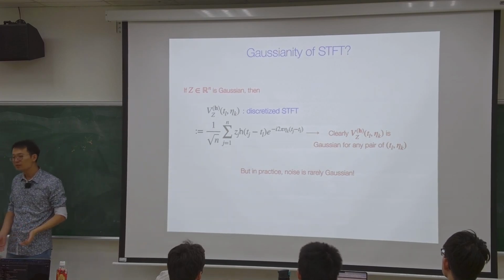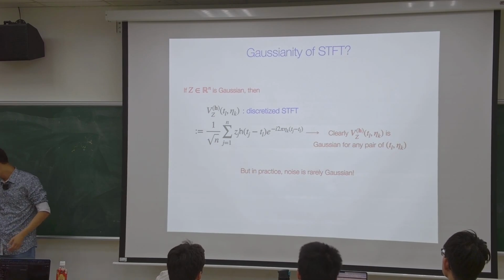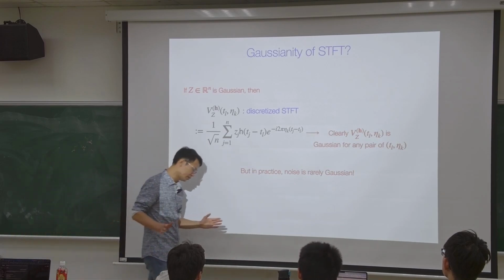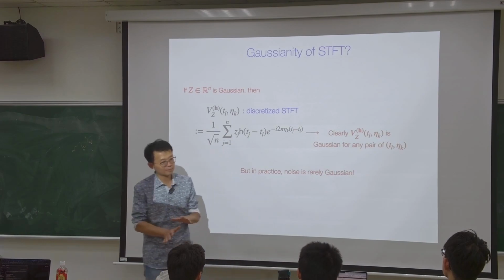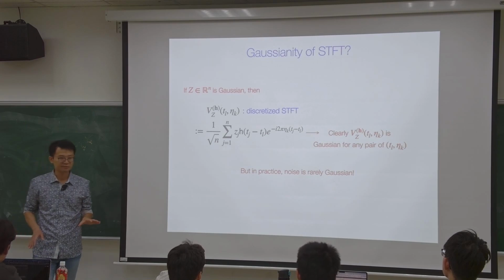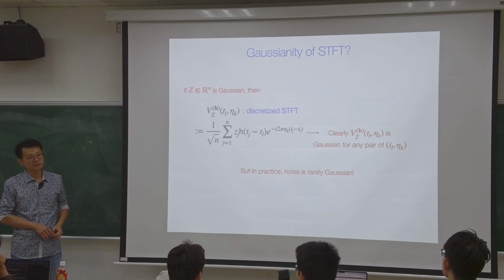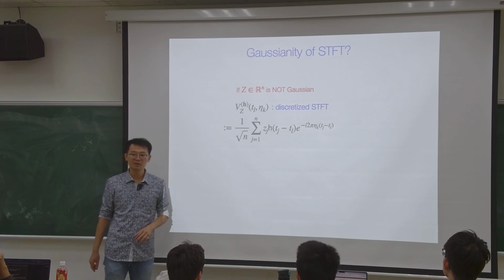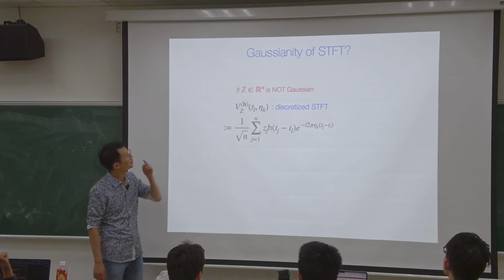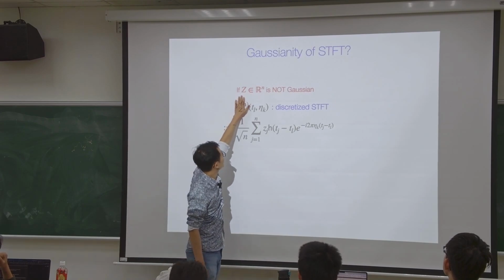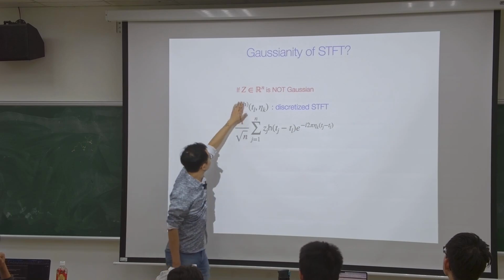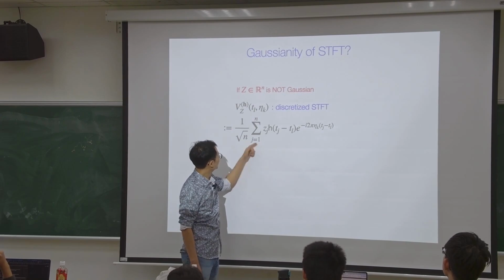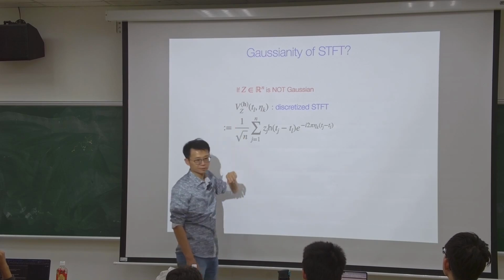In particular, noise and everything rarely is Gaussian. Not even independent. Although, if you go to an engineering environment, sometimes they are happy with IID Gaussian, which is good enough, and there is a reason for that, because, as I will show you later, most of the things are actually Gaussian in the time-frequency domain. In general, you can say, hey, now Z is not Gaussian. If Z is not Gaussian, you still have the same formula, isn't it? And what do you see here? You sum n components divided by the square root of n.